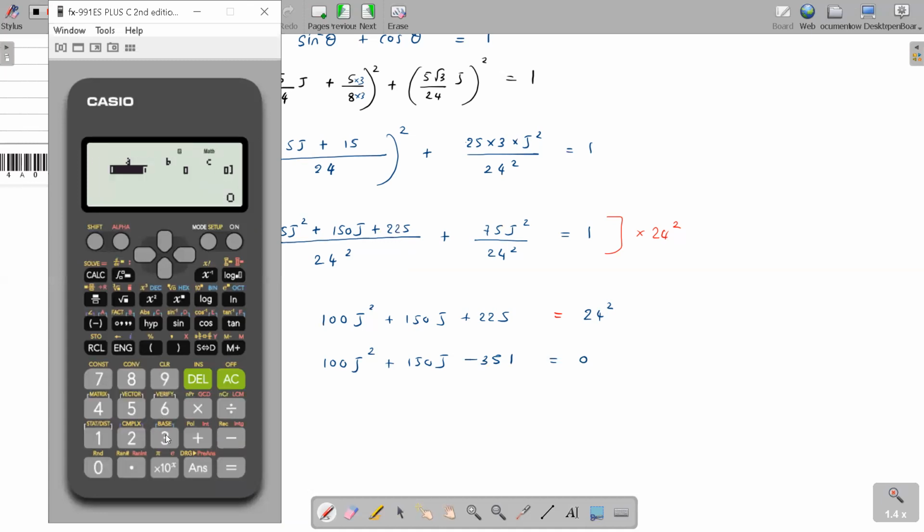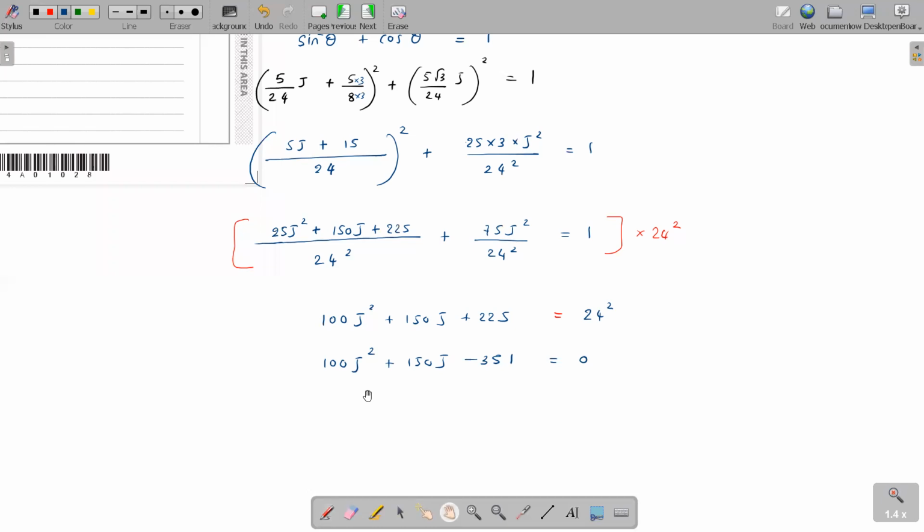It's a quadratic. 100, 150, minus 351. So you get the first answer of j as 1.27, and the other answer is negative. I don't think we need the negative because j is positive. We only need the positive one. So j is